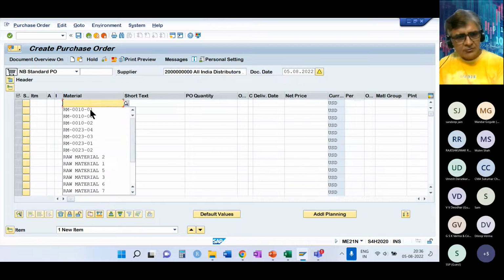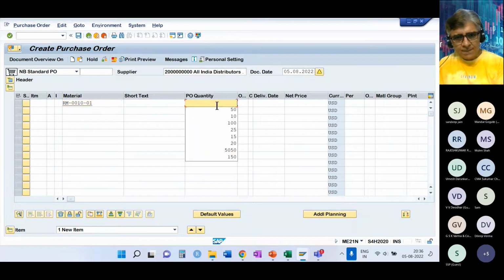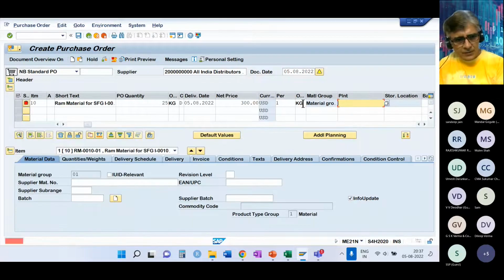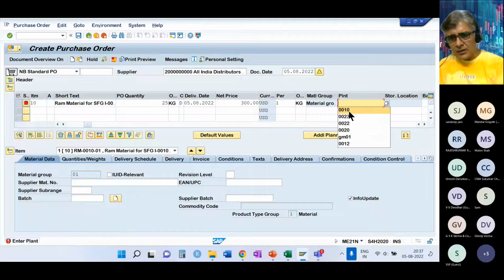Just like I am buying just one raw material. Your quantity will be say 25 at 400 rupees. Okay, 400. Enter the plant.